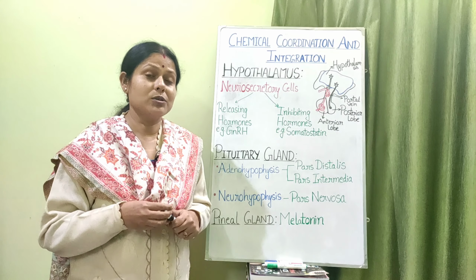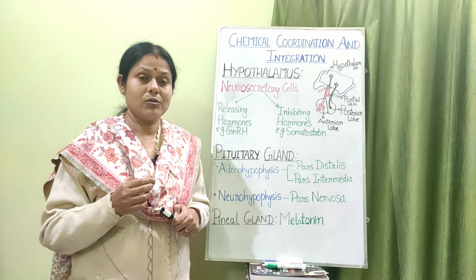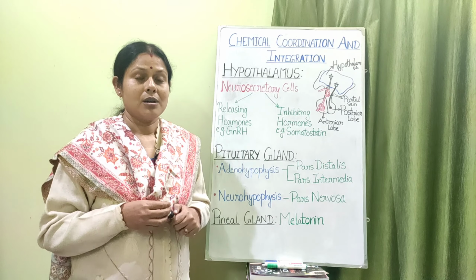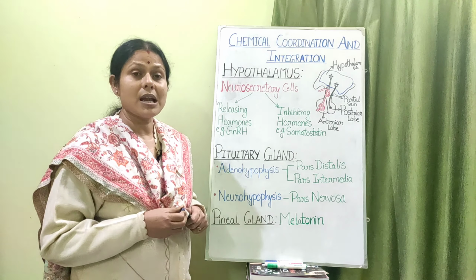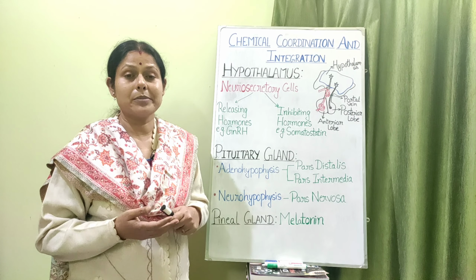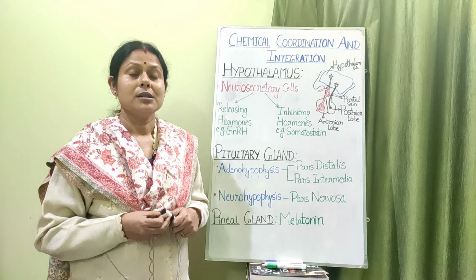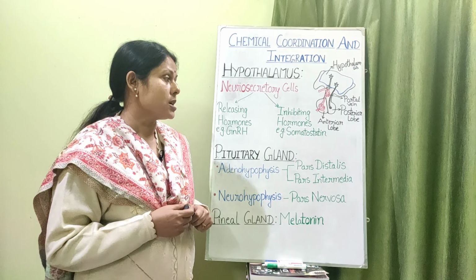In case of male, the follicle stimulating hormone and the LH are known differently. LH there is known as the interstitial cell stimulating hormone, ICSH. They are secreting the male hormones, androgens, and thus contributing towards sperm formation, sperm maturation, as well as the secondary sexual characteristics, along with some other hormones.